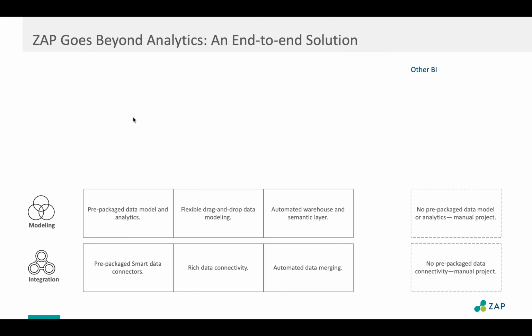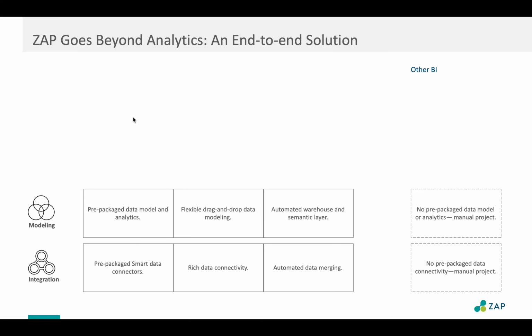The second level of the data management piece of the data warehouse is modeling. I've connected, now I've got the data. How do I model it and transform it, so I can use it for analytics? And this is where you're building the data warehouse as well. But essentially the model that you're trying to build is a data set of all the tables that you bring into the data warehouse.